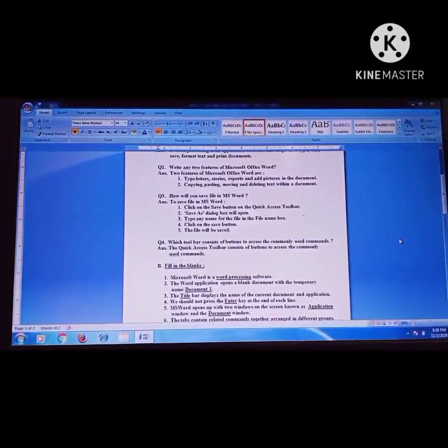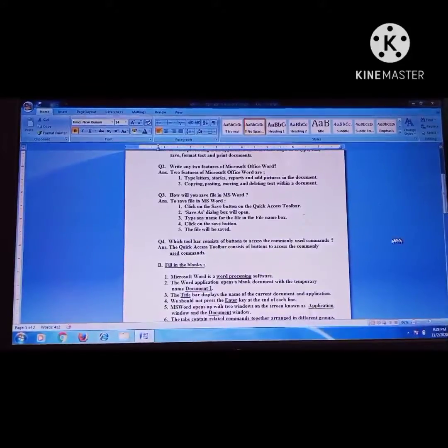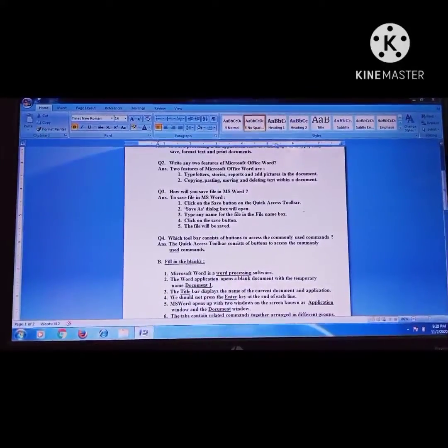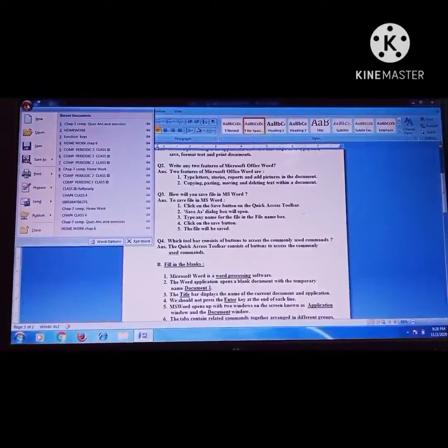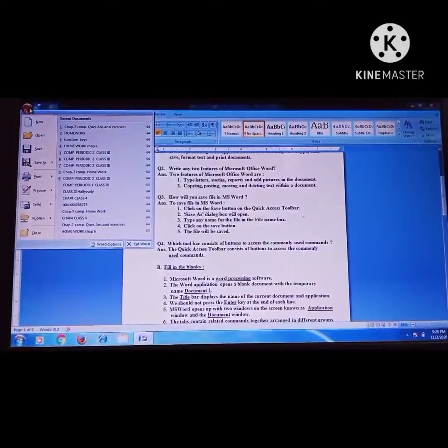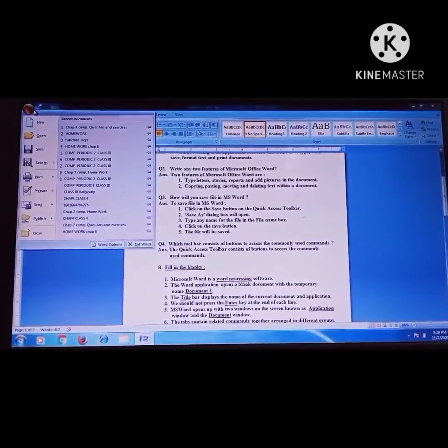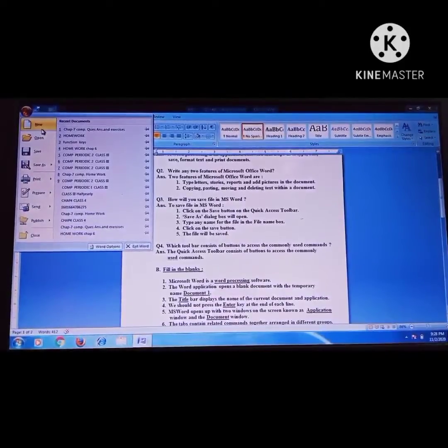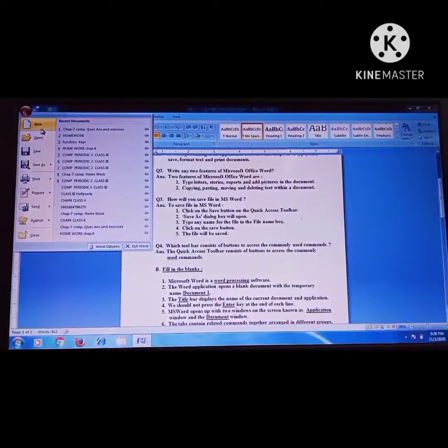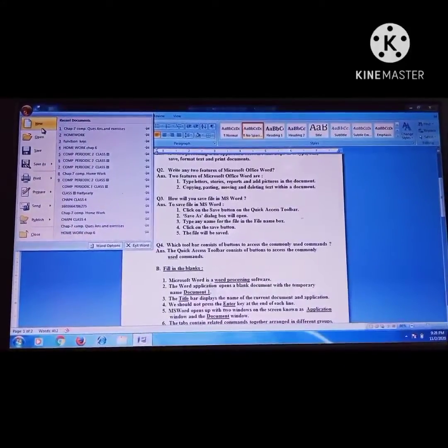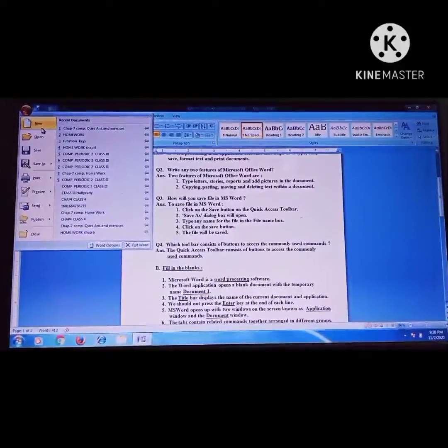Bring the mouse pointer here and click it. Then select the New option from here. When you click on the New option, the New Document dialog box will come.